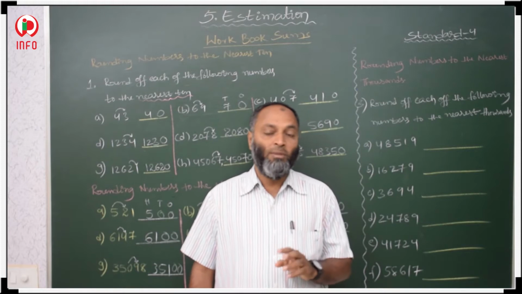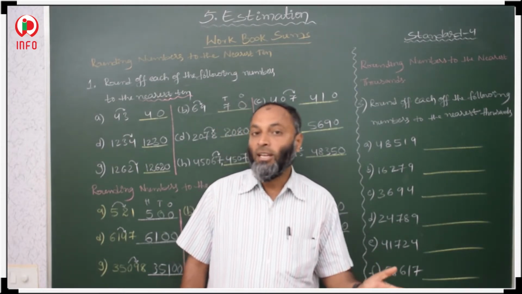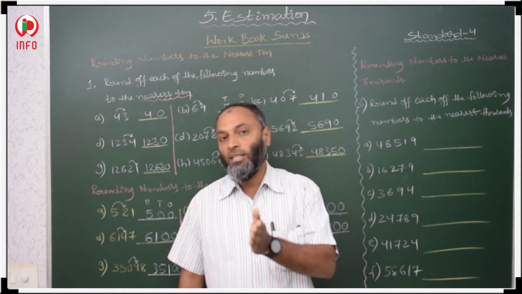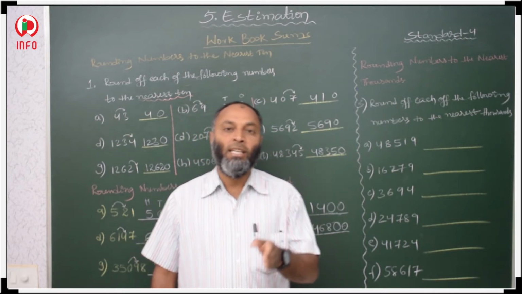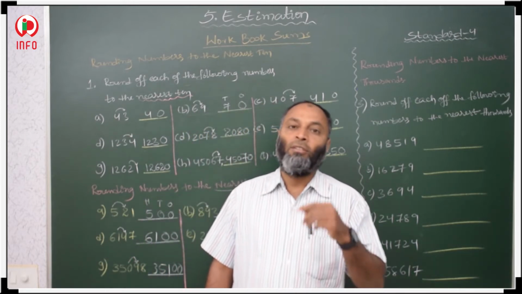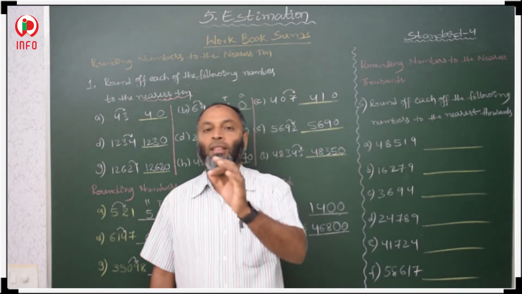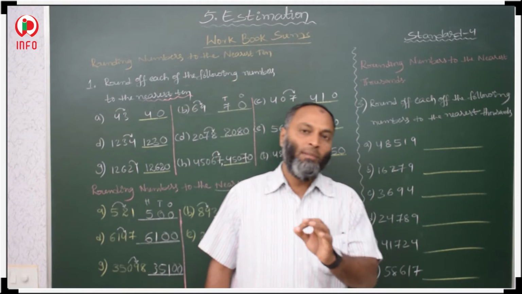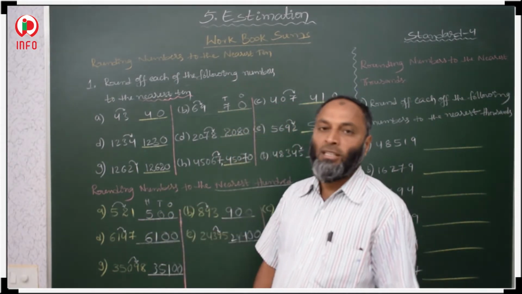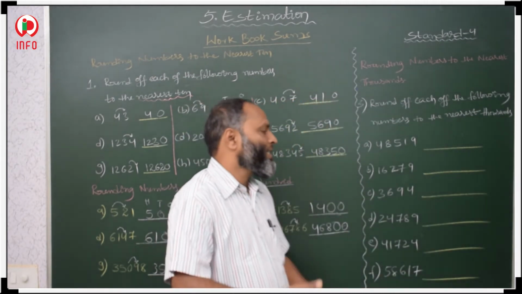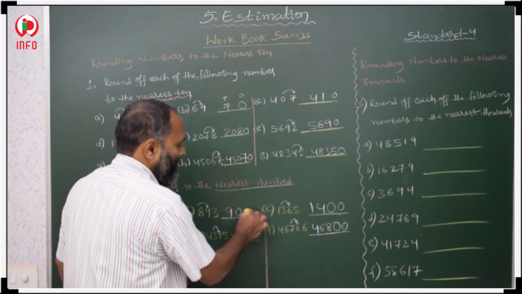But in the hundreds place we have to check the tens digit. So here we are checking the ones digit, but in nearest 100 we have to check the tens digit. What is given in the tens digit? If it is greater than or equal to 5, then we have to add plus 1 to the hundreds place. If it is less than 5, then it stays as it is. The same procedure, but the places change. Here the ones digit, here the tens digit. In thousand also the same pattern, but here in ones and tens we are keeping zeros.